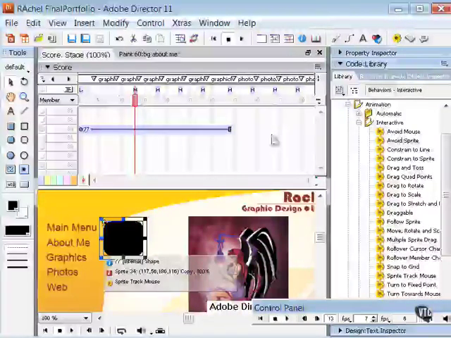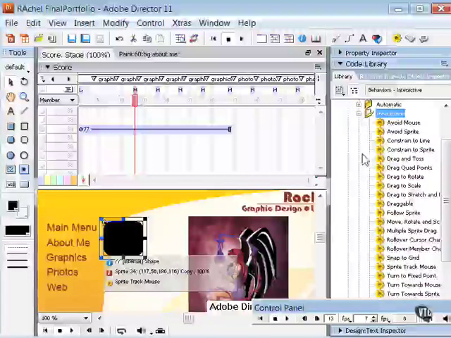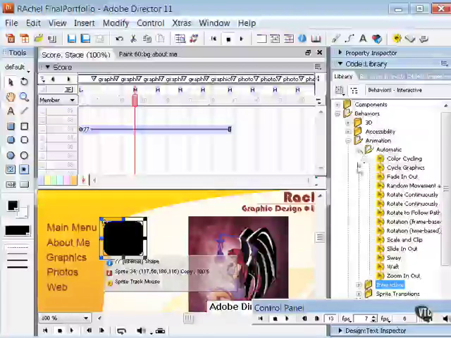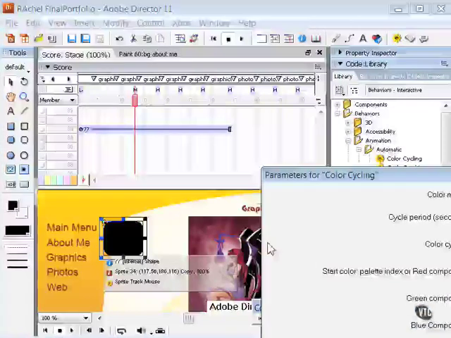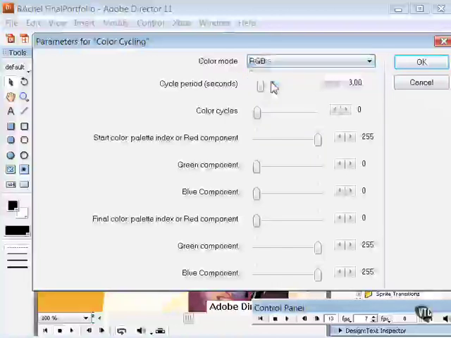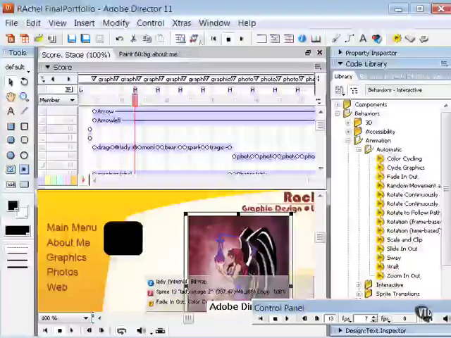Yet another very useful behavior here in the animation interactive category is the constrain to line. That's an excellent behavior to use if you want to set up a volume slider or a scrub interface where that sprite will constrain itself to another sprite if that sprite is a line. Remember, we also have here in the animation category the automatic category where you have something called color cycling. I can drag that onto that sprite there. Here I have quite a number of parameters to set: color mode, palette, or RGB, color cycles, color period, green, blue. You can see that what's going to happen here